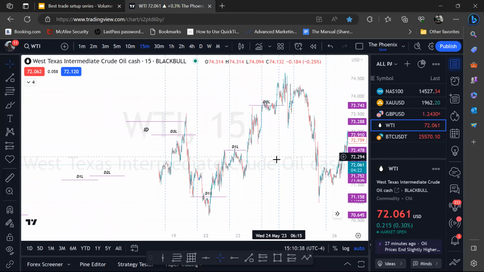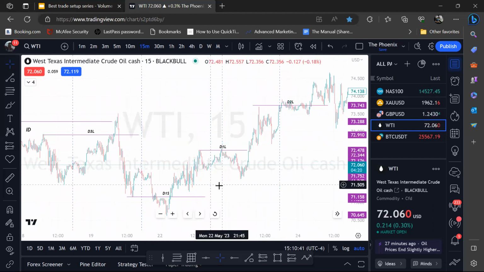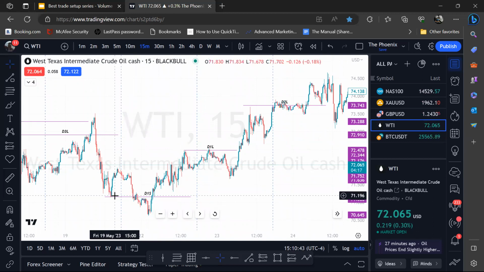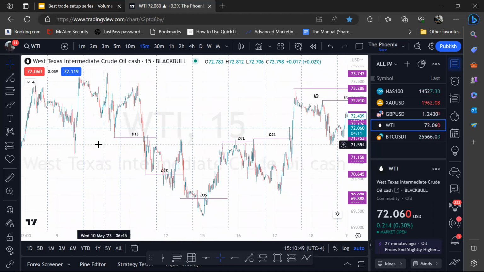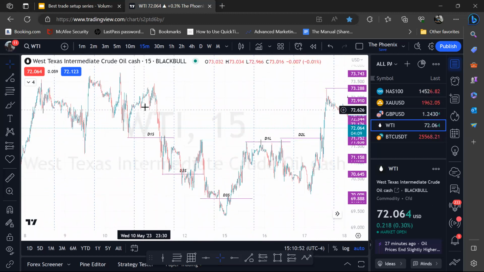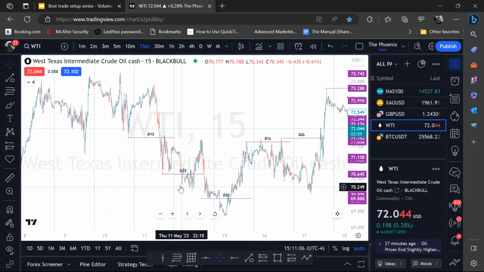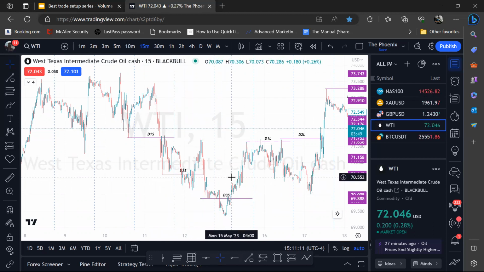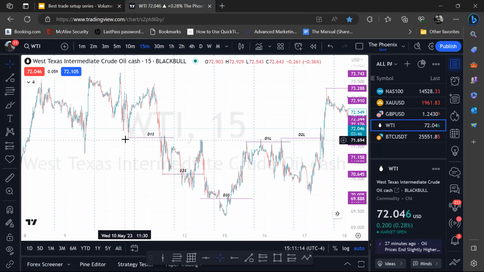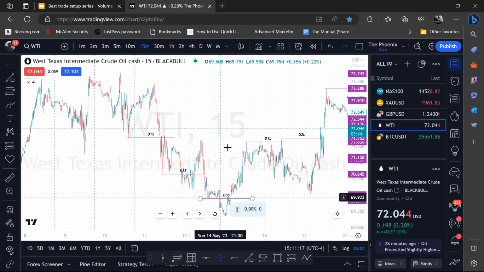All right, let me continue finding more examples. Let me start from all the way over here. All right, so this is a Tuesday. On Wednesday, we had the previous day's low taken out, which was Tuesday's low. On Thursday, that low was taken out. We had day 2 shorts in the market on Friday, and then on Monday, we had day 3 shorts in the market. So 1 day, 2 days, 3 days of lows taken out.